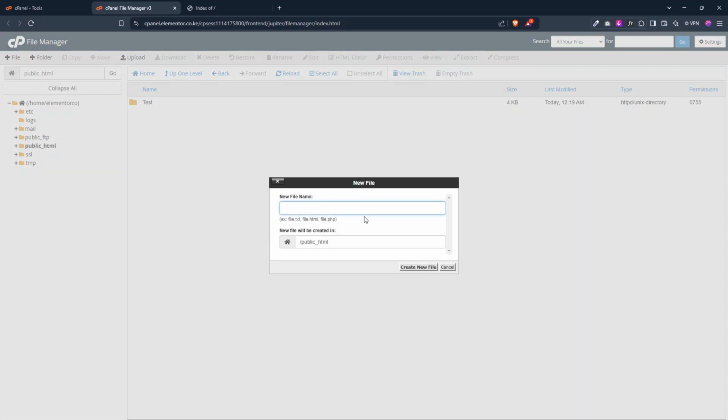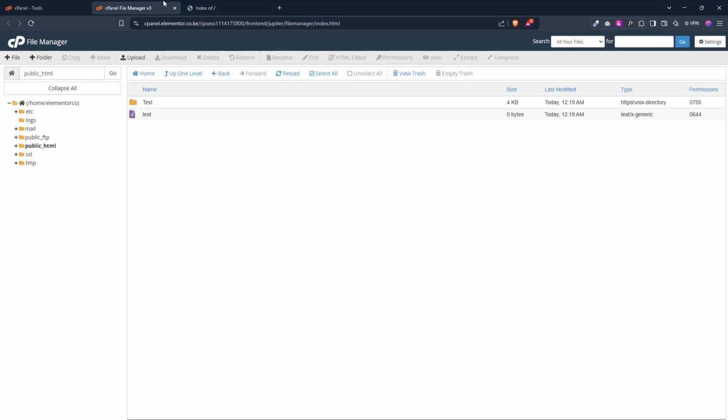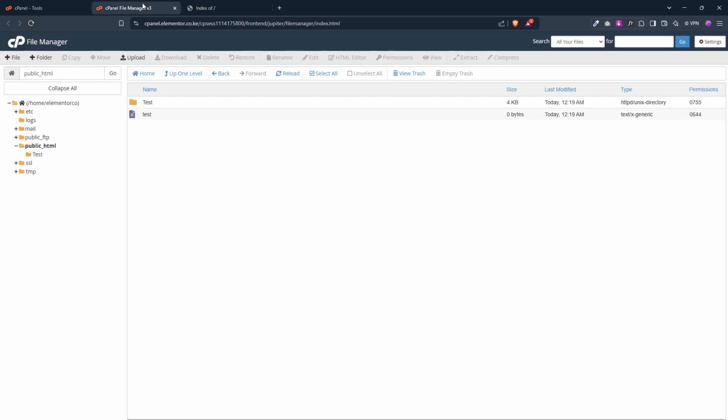Ideally, I should see my files and folders because it should get it from that directory. I don't know why I'm not seeing it, but it's something I'm going to troubleshoot. Basically, anything that you put here should be seen on the front end. And it usually has a permission: folders have a permission of 755 and 644 for files,